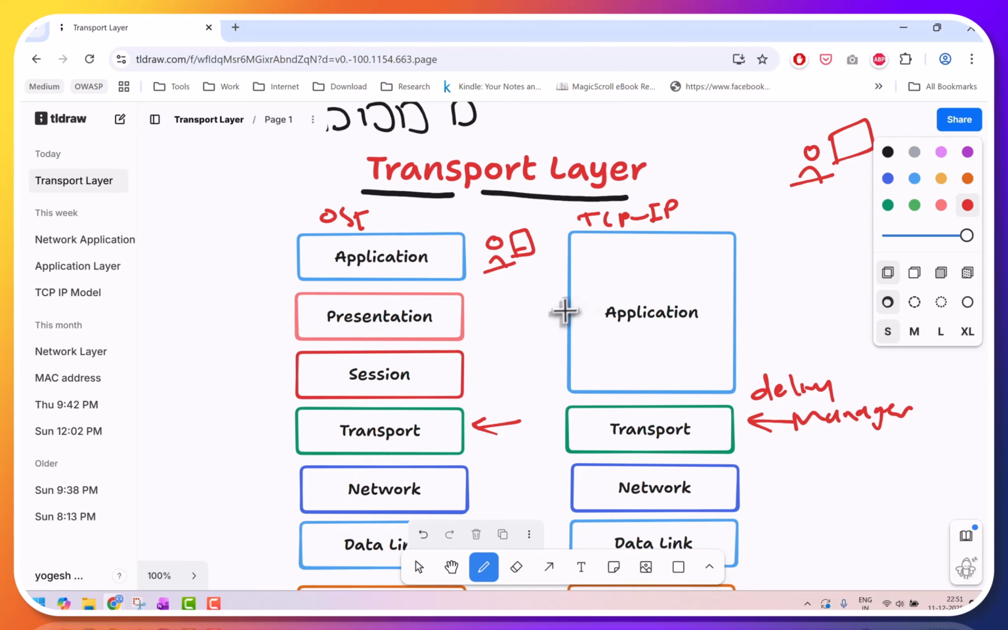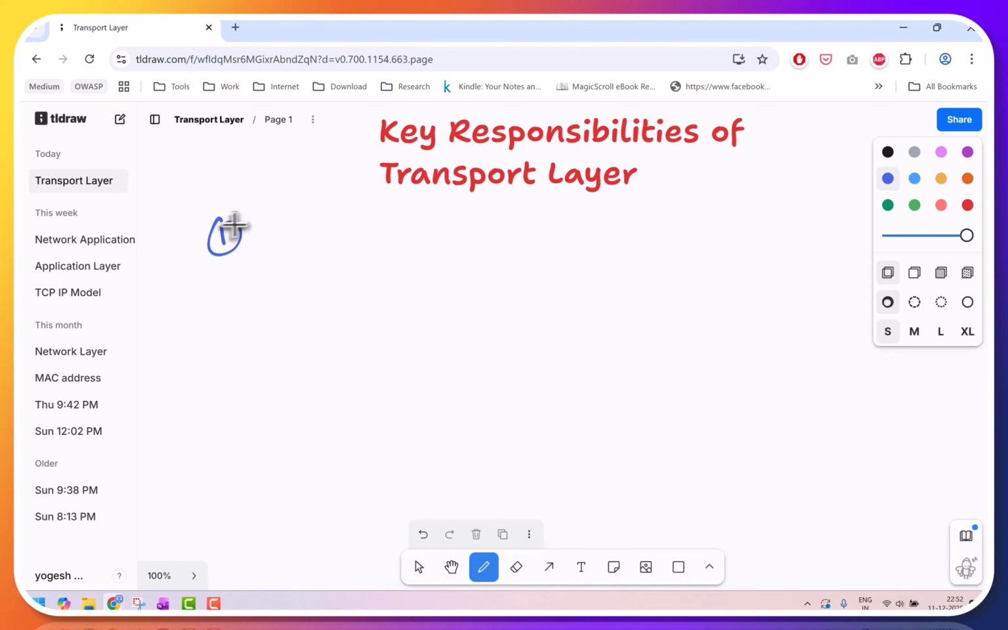It is also called a gateway between the end user and the network. So we have seen where it sits: below the application layer and above the network layer. Now let us try to understand the key responsibilities of the transport layer. So what are the responsibilities of the transport layer? The first responsibility is